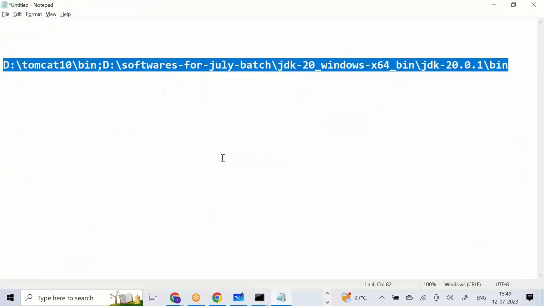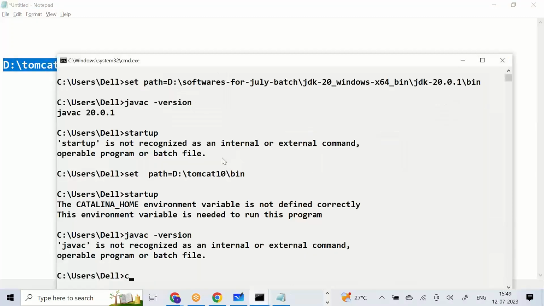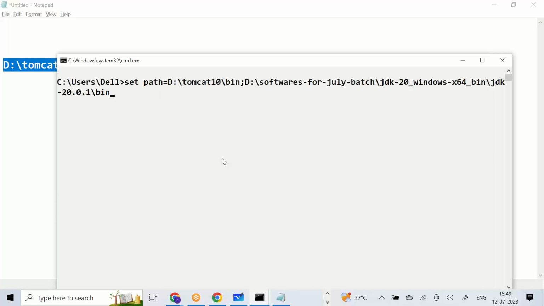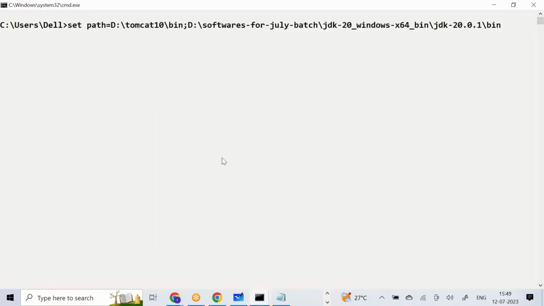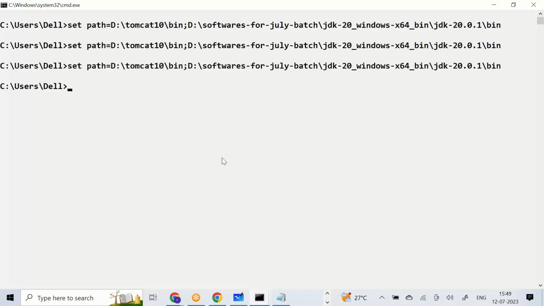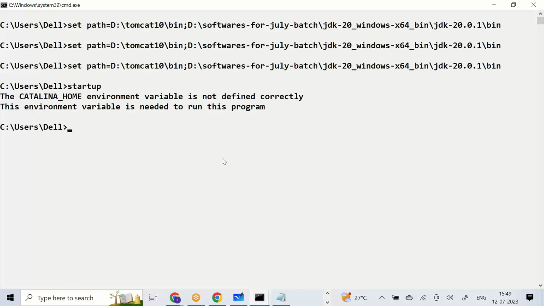Already it is there in my notepad. First Tomcat bin, semicolon, then JDK bin. Tomcat bin, semicolon, JDK bin. Let me copy. Set path is equal to. Let me show. Now I can run both the commands. Startup, javac,